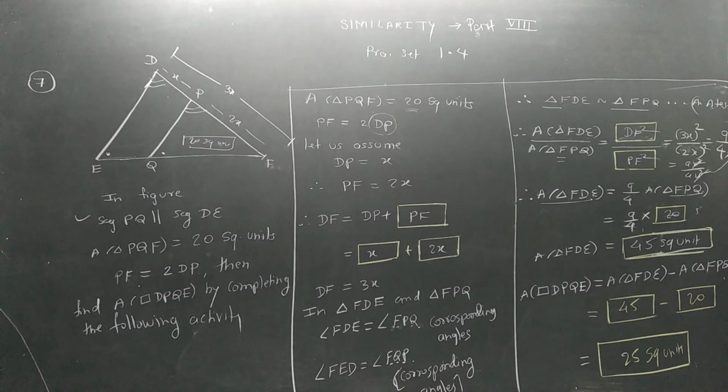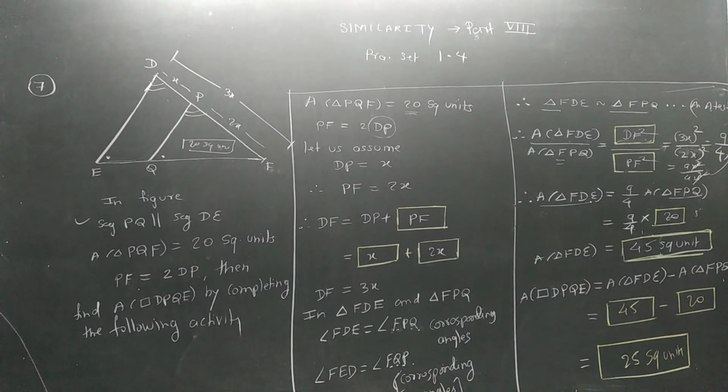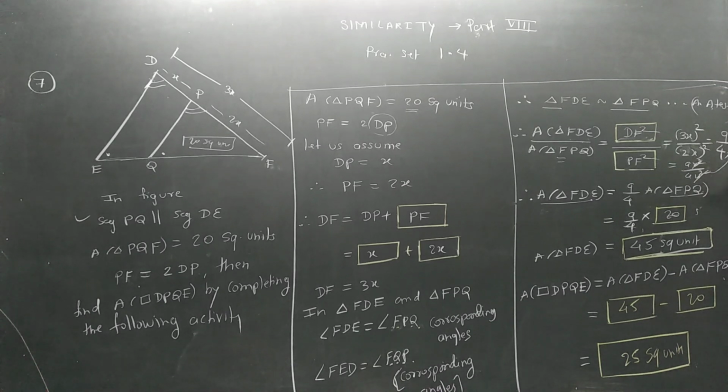This is how we have to finish. We have to give the answer in this way. But if you want to give the reason for it, like by the theorem on areas of similar triangles, here you can give the reason as what? By area addition property. Where you want to give the reason, you can give the reason. But activity based questions, we have to complete in this way.